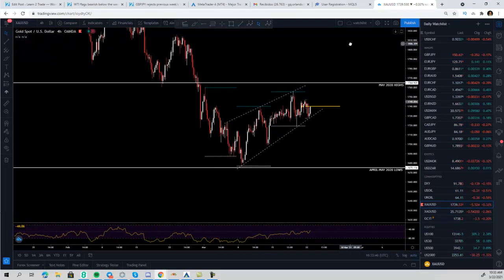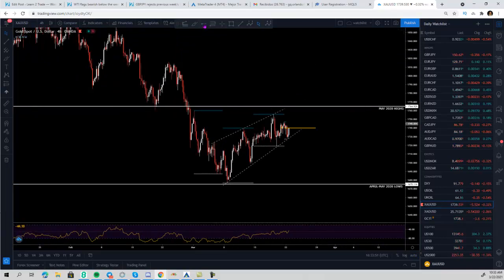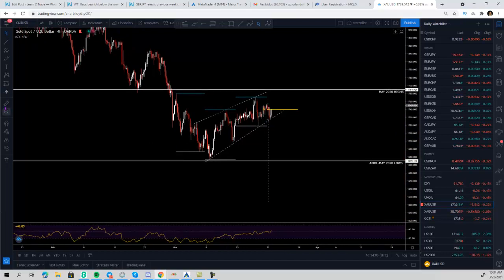And if we go ahead and calculate the possible targets to the downside, this could in fact give us a very, very nice winner right here for about 1,000 pips, or a 6% move to the